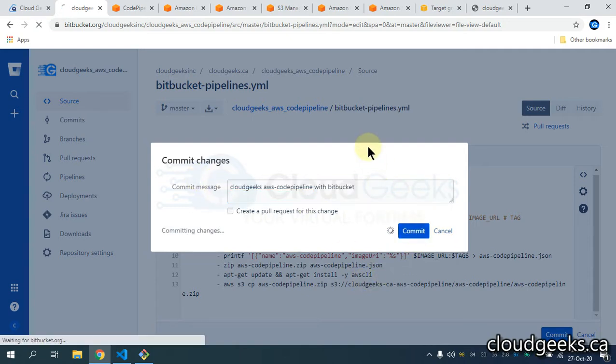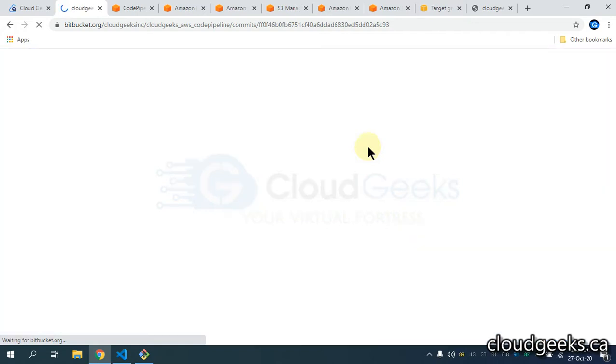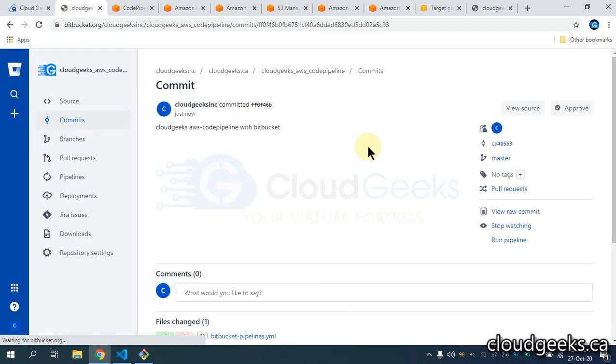So I'm going to do this commit. Okay, you can do it with the command line as well. I mean, simply clone this repository on your desktop and do the commit.